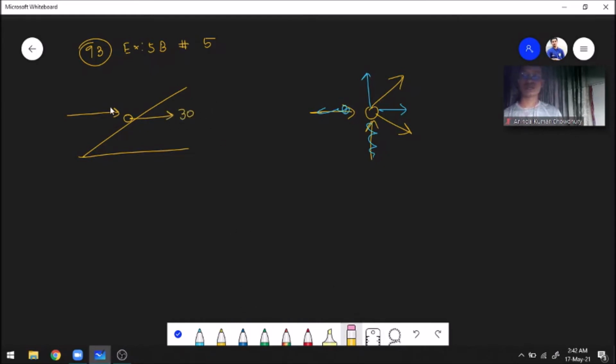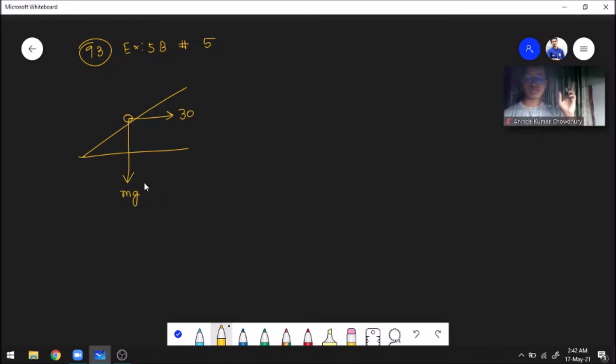Now let us fill up the rest of the information by reading the question. So what we have here is a particle of mass m kg. So first of all, we know that the particle has a mass of m kg. So it has a weight mg, and it is sliding down a smooth slope. Okay, so we have a smooth slope that is at an angle of 30 degrees to the horizontal. So this slope is at an angle of 30 degrees to the horizontal. The normal reaction between the particle and the plane is 5 newtons.